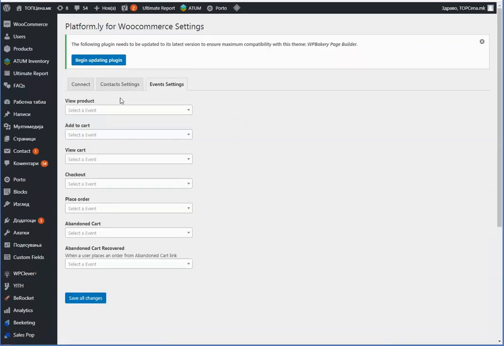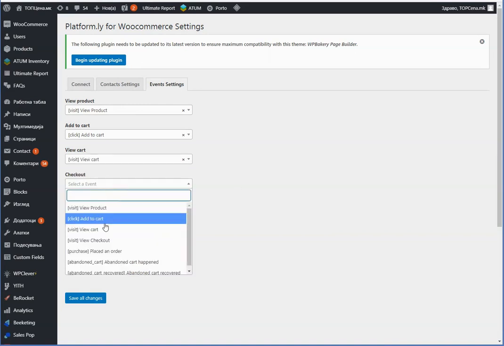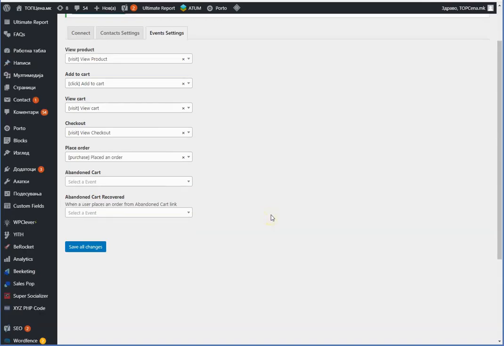So here, as you can see, we have events for view product. I'm going to choose the view product. For add to cart, you don't need to set them all. This is just to show all the options. So view cart, then we have view checkout, then we have place an order, and these are also the two